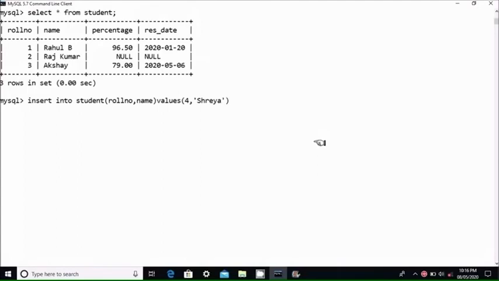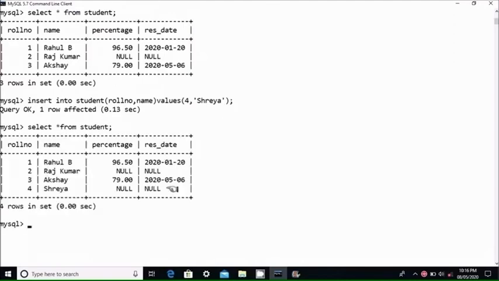Here I am passing only 2 values for roll number and name. Then automatically the other columns will be filled with NULL. So you can check here, SELECT * FROM student. You can see here for Shreya, the percentage and result date are filled with NULL.